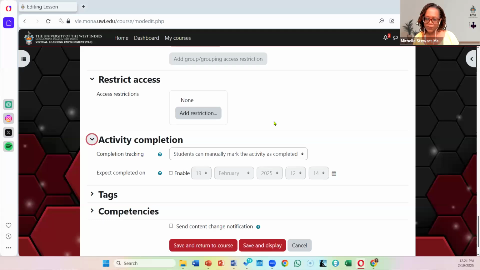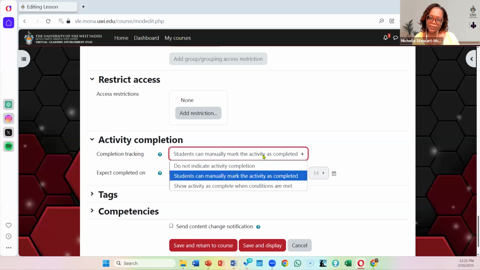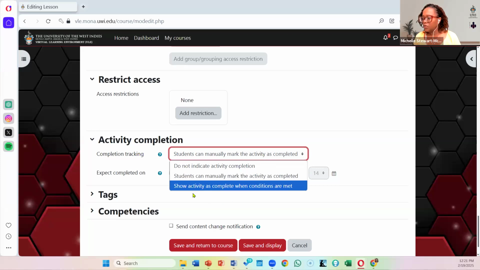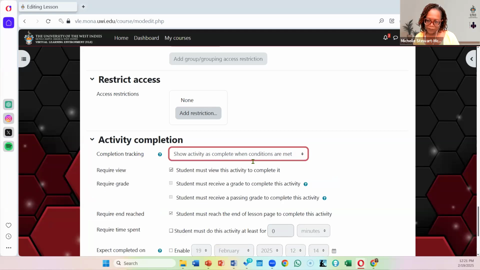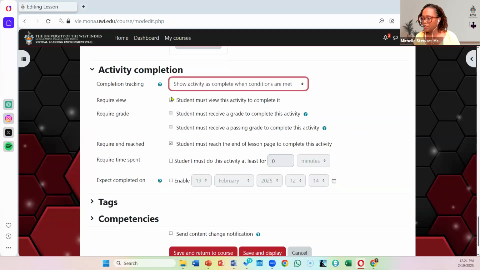Now, for practice purposes, you can decide that the students will mark it when it's complete. I tend not to trust my students very well when it comes to activities that contribute to a participation grade or an engagement grade. So I usually select show the activity as complete when the students have met the condition. And here I can then say that the students must reach the end of the lesson for it to be